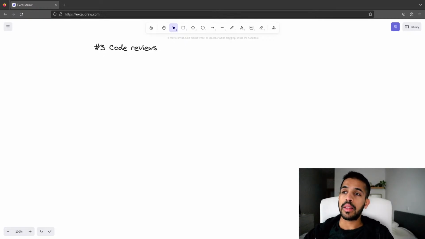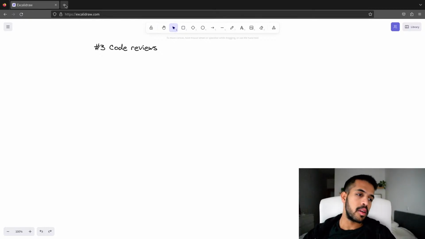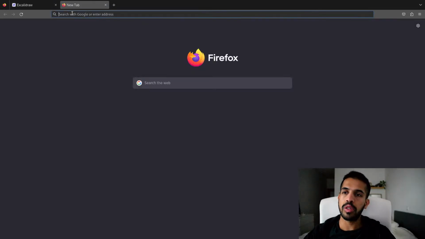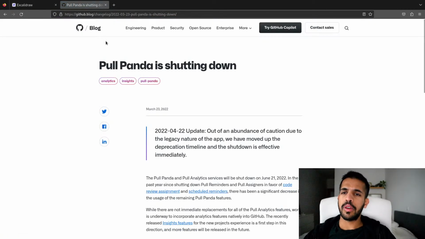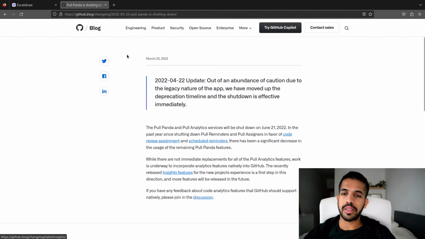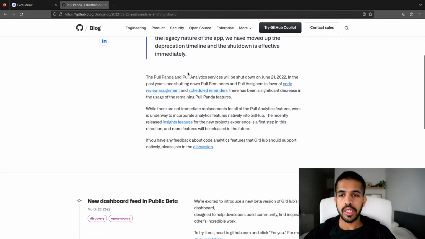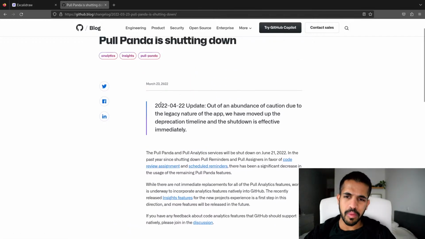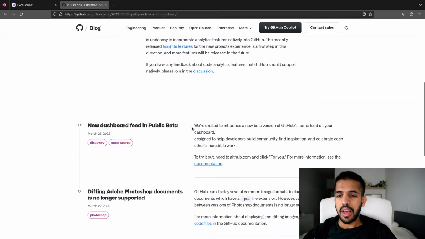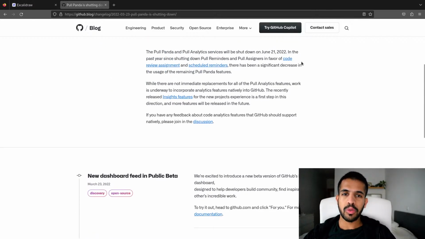So they actually tried experimenting with various types of platforms for tracking how well the pull requests were going, whether something was slowed down, whether something was getting stuck, whether something was left unreviewed. At the time, I think they were using something called Pull Panda, which I discovered shut down last year, I think. Yeah, which is a shame. I'm not sure